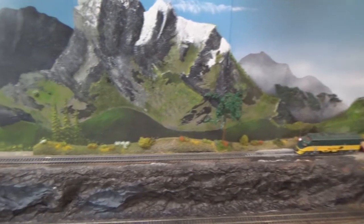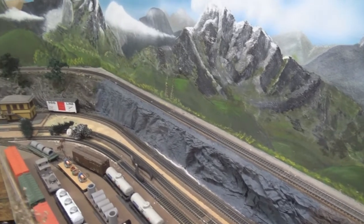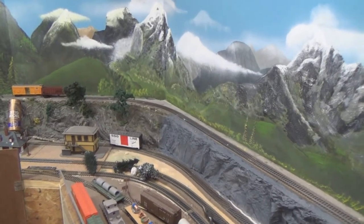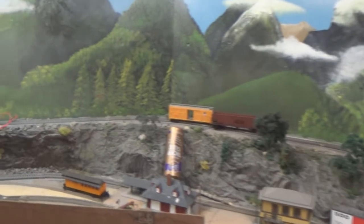The trees are getting sparser as they come down this way. So once they get down to that back corner there, there won't be any trees on the back side of the track, because as we come around the corner, you notice that I have quite a few trees painted on the backdrop over there. And that's already finished off,